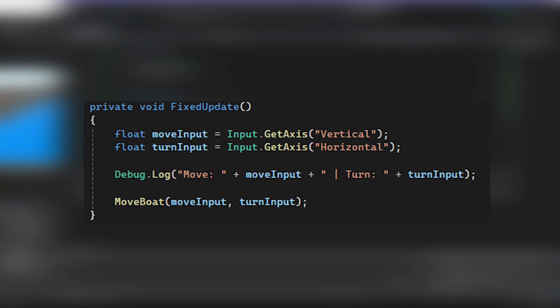We also add a Debug.Log here to print movement and turning values in the console to help debug input. And in here we call the MoveBoat method to process movement logic.